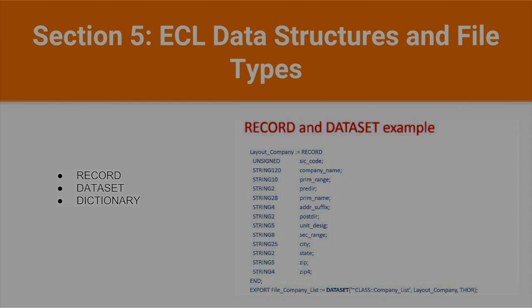A record set basically declares what you want a table to look like. For instance, you see here you're saying unsigned, and it's going to be SIC code, and that could be read as zip code. String 120 company name. You're saying you want a string here, and it's going to be company name. It's much like